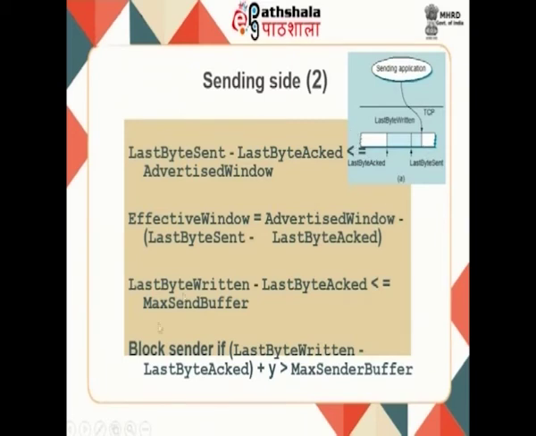this side. Now, let us say for instance your buffer is full, or almost full, and the sending application is also trying to write some more data. If the amount of data to be written by the sender cannot be accommodated into your buffer, then obviously you have to block the sender. You should not allow it to write the data into your buffer. So, that is also something that we do, that is, you will block the sender if the last byte